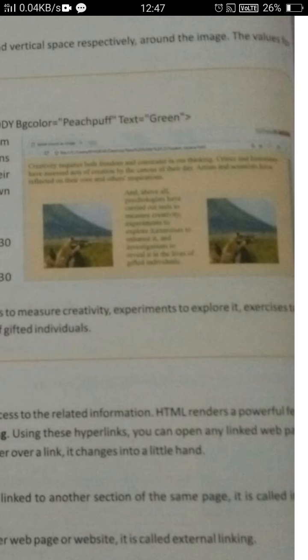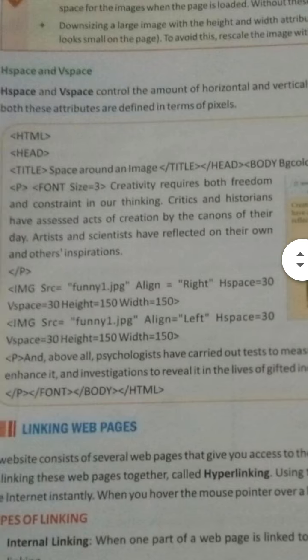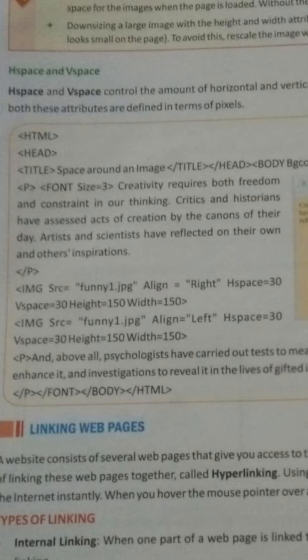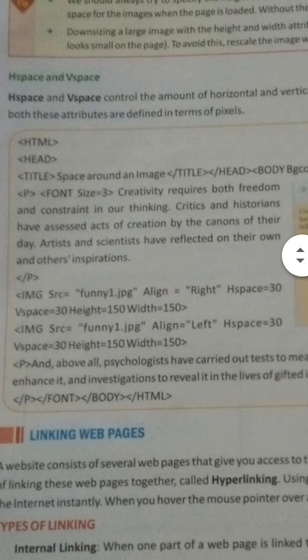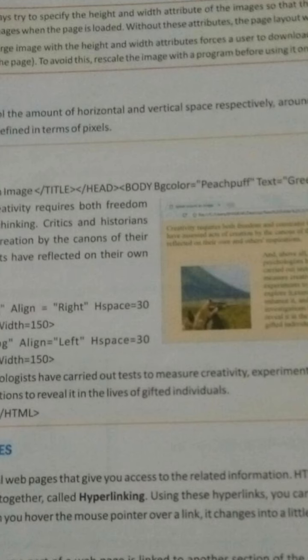Now I am showing you its program. How is it possible? After the body tag, you can see in the body bg color is given, text color is also given.